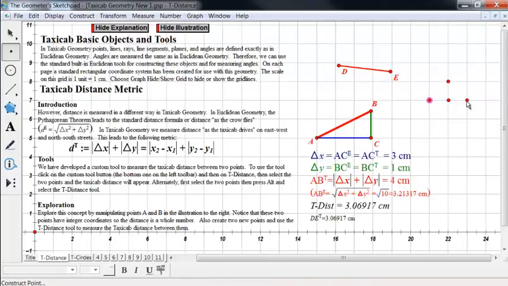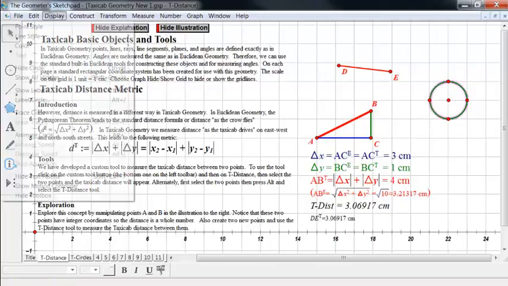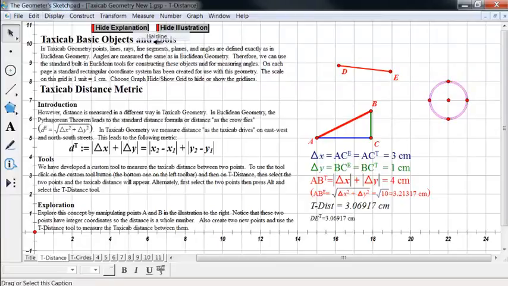So these points are a distance of 1 because Euclidean distance and Taxicab distance are the same. Now remember, once again, a Euclidean circle through these points would go like this. So that's a Euclidean circle, but not necessarily a Taxicab circle. So what would a Taxicab circle look like? Well, let's think about it. Certainly it wouldn't include some of these points here, because we know